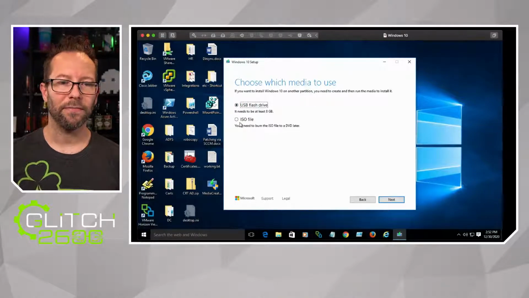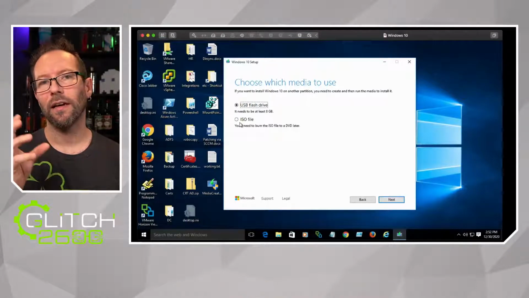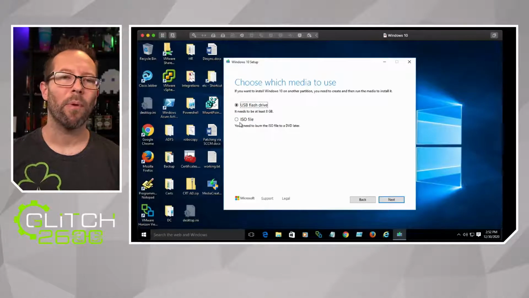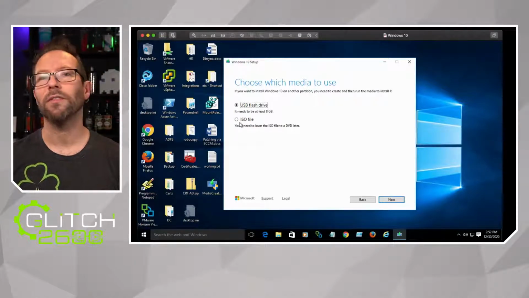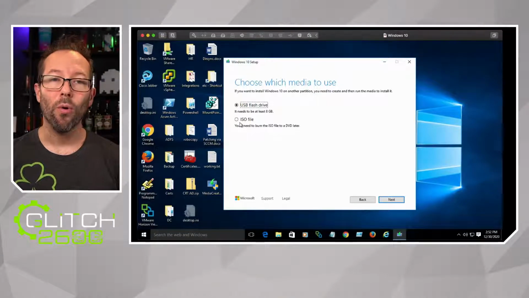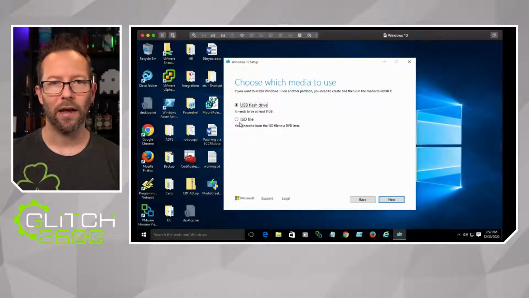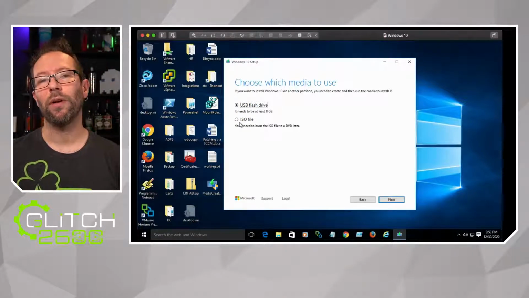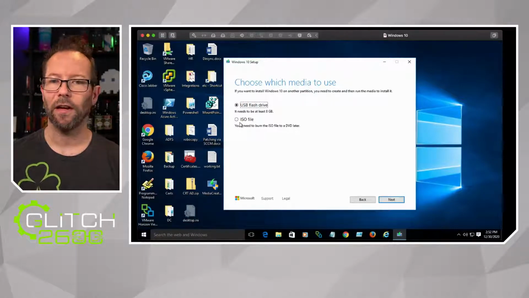So USB is just like it says, can create on here, or you can create an ISO file, which is a self-contained file, installation file, that you can burn to a DVD. So you can use your burner software to do it, or someone else's at that point. Or if you're using VMware Fusion or another type of virtual machine setup, you could use that to boot into it. There's a boot option in those, and we can cover that if you're interested,